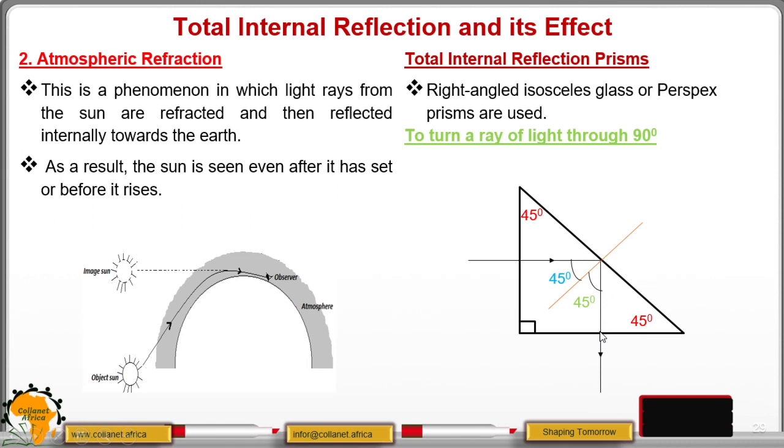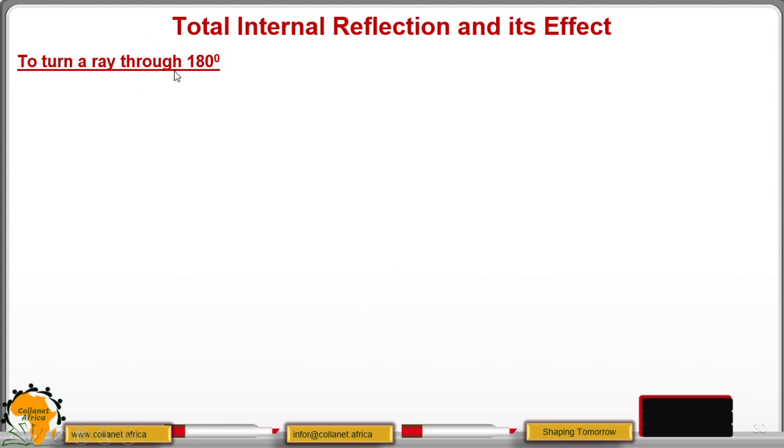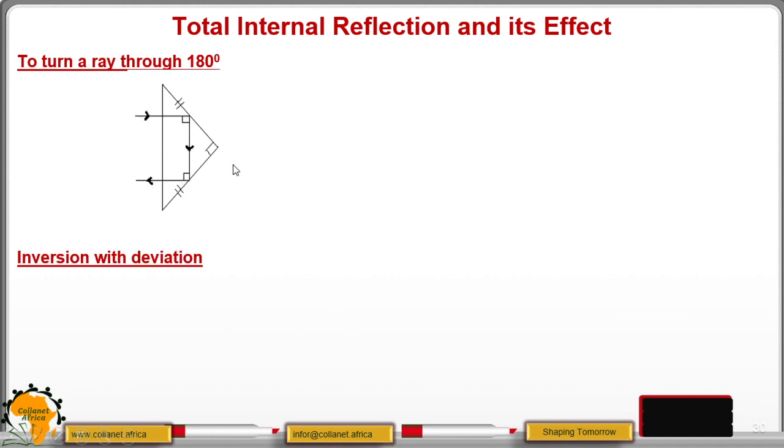As it moves to this boundary, it has no angle between it and the normal. The angle between the normal and the incident ray is 0, and therefore it goes on undeviated. So that way we say that we have turned this ray through an angle of 90. Then from there, we can as well turn a ray of light through an angle of 180 degrees if we place our isosceles prism here. So this ray is coming from this part. It goes undeviated. On reaching here, it undergoes total internal reflection. And again, in here, it undergoes another total internal reflection. And from here, it moves on undeviated. So we have turned this ray through an angle of 180 degrees.